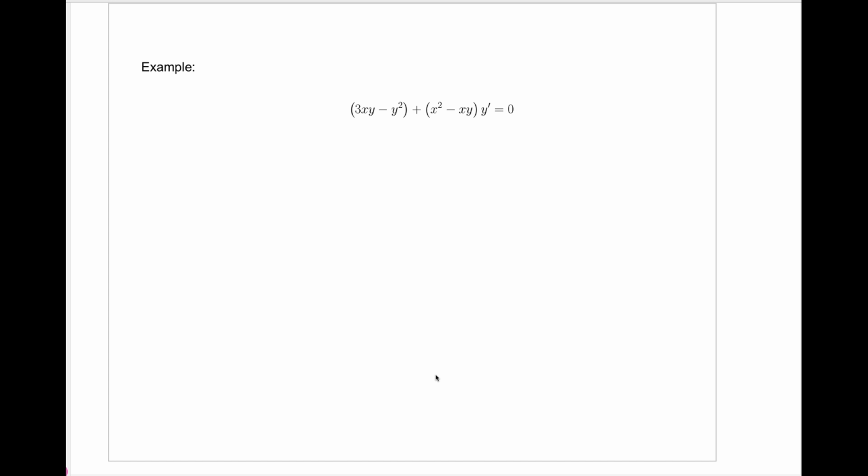Let's show an example to see how this works. This is our function m, and this is our function n. If we compute m sub y, we see immediately that m sub y is 3x minus 2y, and we compute n sub x is 2x minus y. These are not the same, so this equation is not